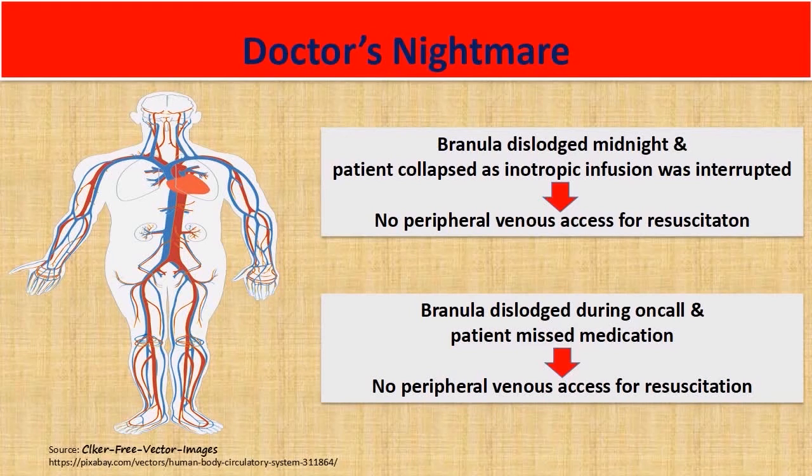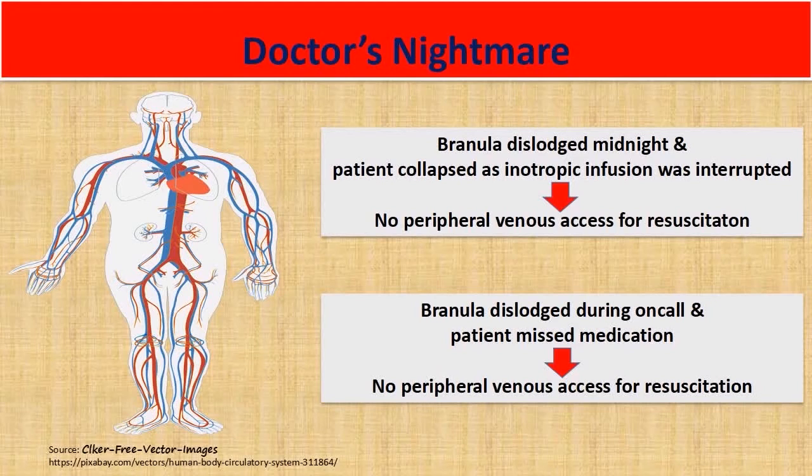Therefore, it will be your nightmare. Let's say you have a patient that already has difficult vascular access, but somehow we did not prepare for the worst. So think about it. Such patients, the only variola over the hands dislodged and he collapsed because the inotropic support, the infusion, was interrupted. Or sometimes, to a lesser extent, not that serious, the variola dislodged during your on-call and the patient missed medications